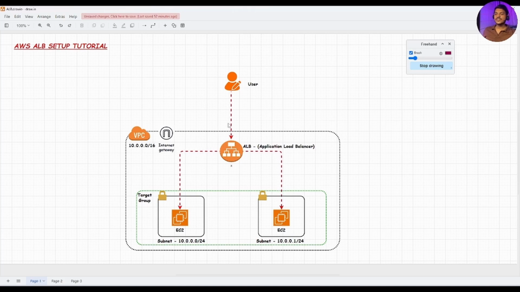In this video we're going to see the complete setup and working of AWS Application Load Balancer, where we will try to hit the DNS of the Application Load Balancer and see how the traffic distributes among these two EC2 instances. So firstly, we're going to create a VPC and two subnets,